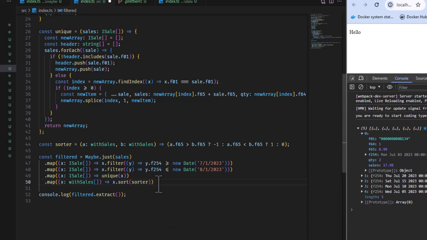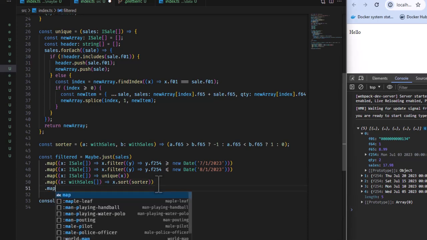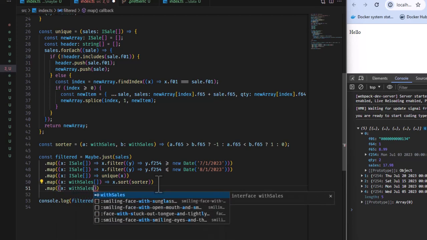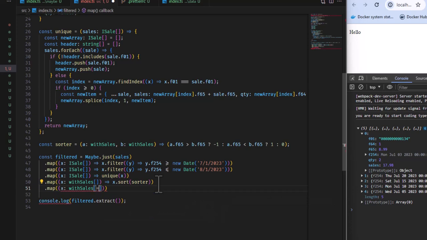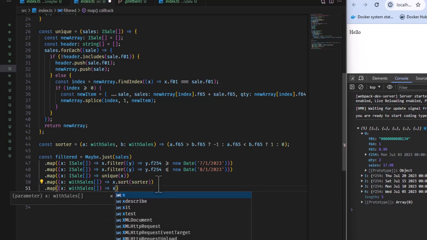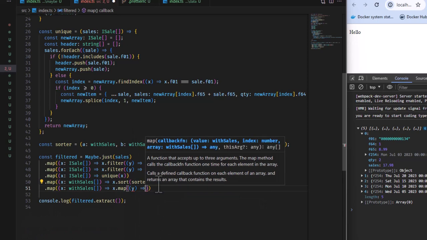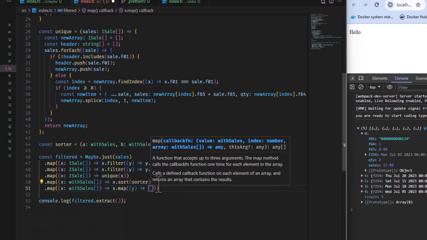So we'll just add another map. X with sales. That's going to be an array, sorry. X dot map. Now we're going to map Y, and we're going to use that auto executing function kind of thing to return this object.